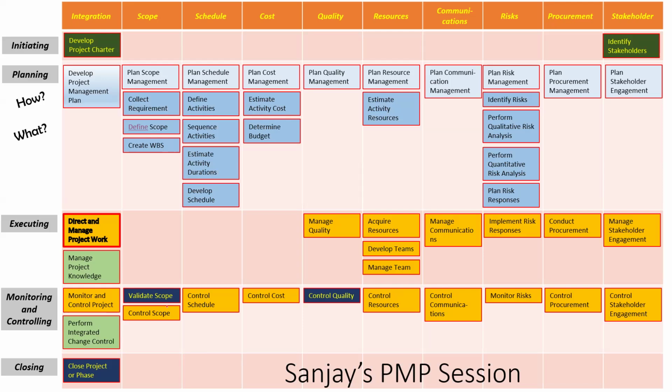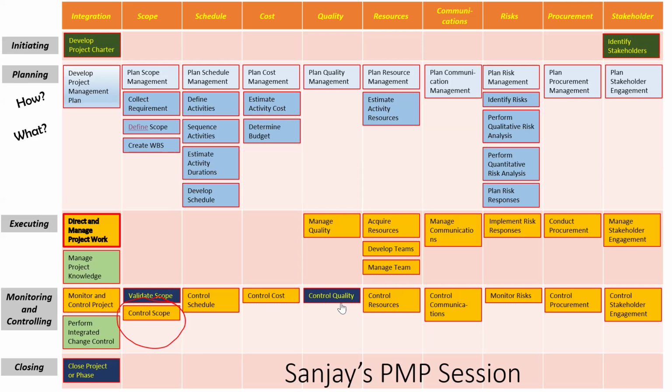It should not happen. You need to have all the processes. And I was actually coming to this word, Shishir, when I said control scope. Frankly speaking, control scope is that process. In planned versus actual schedule you will check the timeline, in planned versus actual cost you will check the cost. What do you check in planned versus actual scope? It is not only what was planned to be delivered and what is done. It is also checking whether you have delivered something which you had not agreed. Scope creep is checked by these guys.